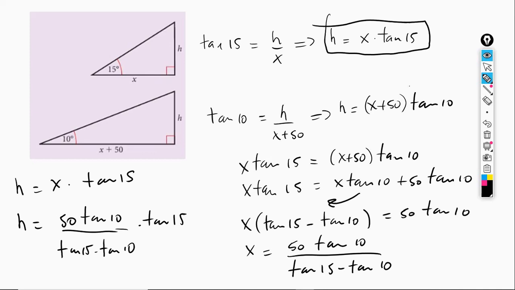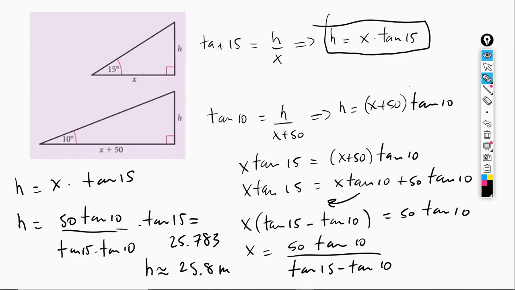Now we finally plug this into the calculator, and it's going to give us approximately 25.783. But we have to round it to three significant figures. So we have that the height is approximately